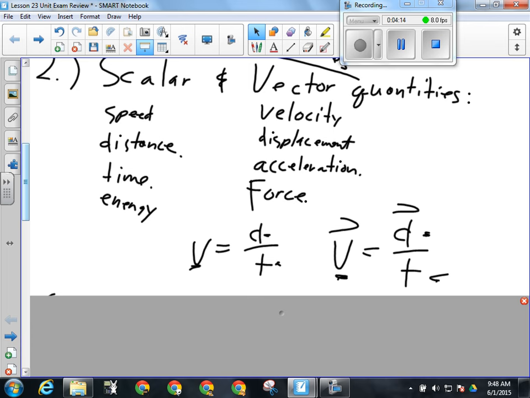If you've forgotten how those work, it might not be a bad idea to look over the podcasts of some of those early quizzes and worksheets and things like that, so that you know what we're doing. So remember, guys, that speed, that's this v here, is distance over time, and velocity is displacement over time. Keep in mind which one's which.